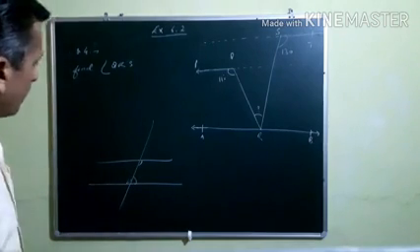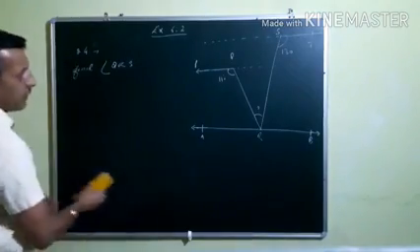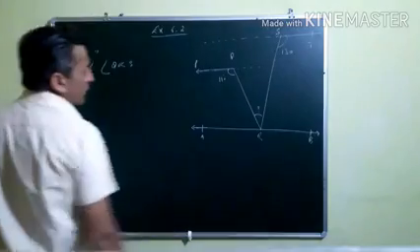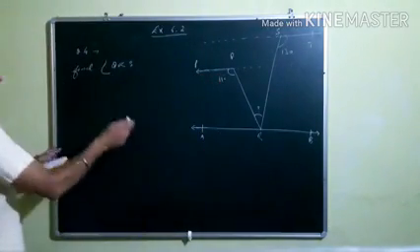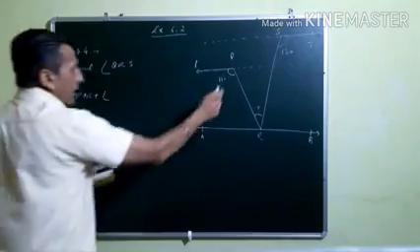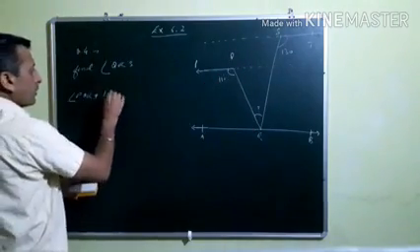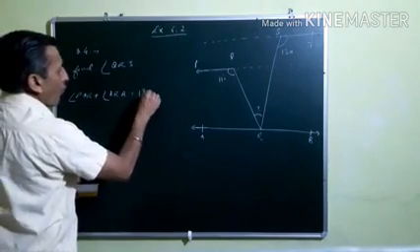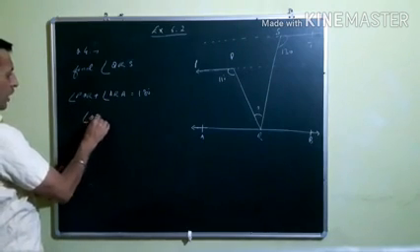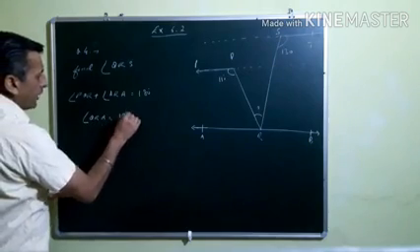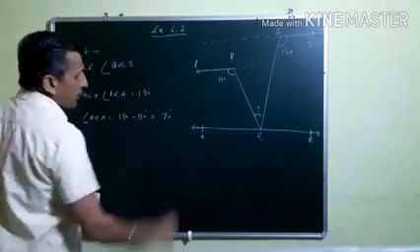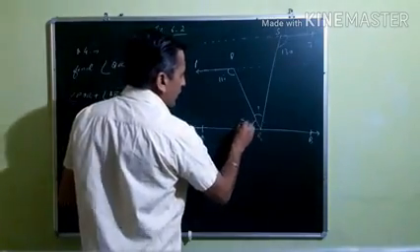So in this case, these two lines are parallel. This is given. These two lines are parallel, and this angle is given, and this is another angle. You know, the sum of these two angles is equal to 180 degrees. That means angle PQR plus angle QRA should be equal to 180 degrees. But you know, PQR is equal to 110 degrees. So QRA is equal to 180 degrees minus 110 degrees, and that gives the answer 70 degrees. So this angle will be known, that is equal to 70 degrees.